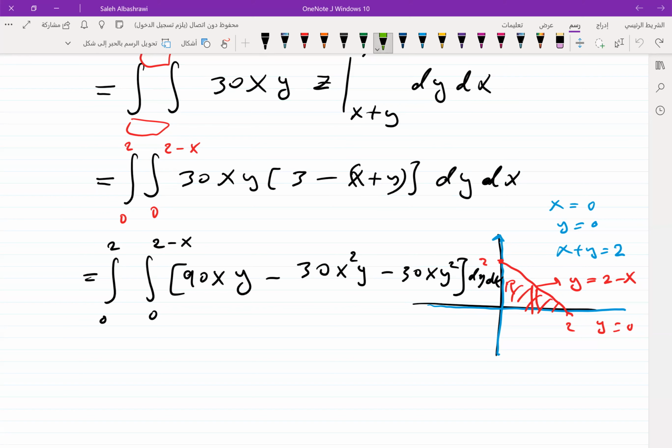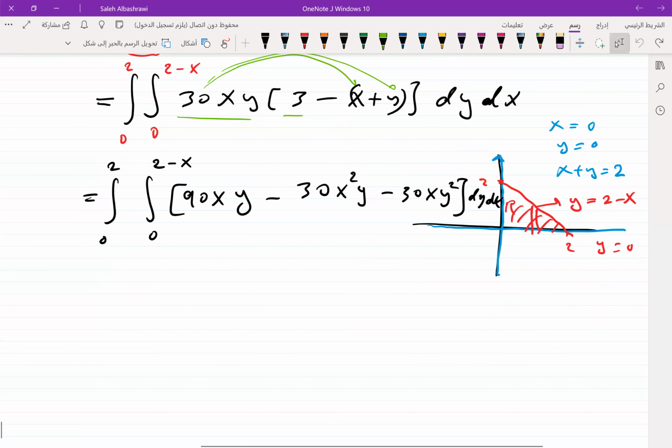Yes, open the bracket. It's 30 multiplied by 3, I will get 90xy. Multiplied by x, which is minus x, I get minus 30x squared y. And with this one it will be minus 30xy squared, which is equal to